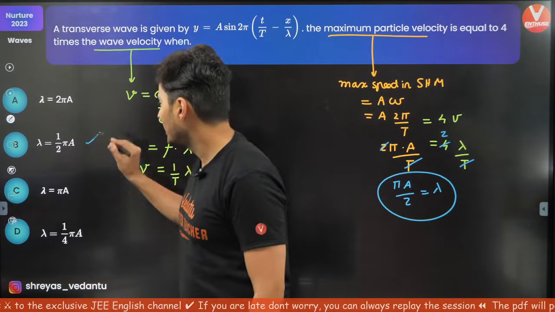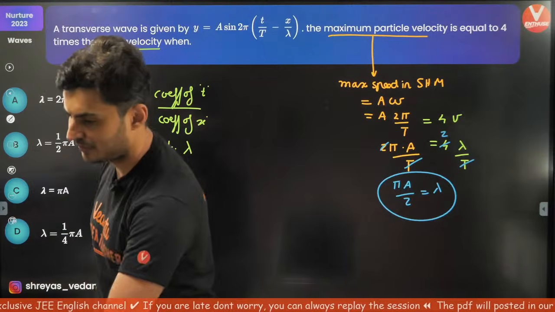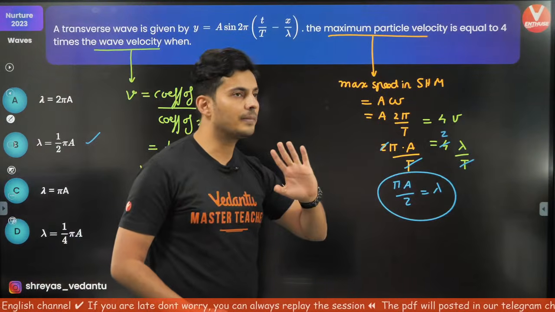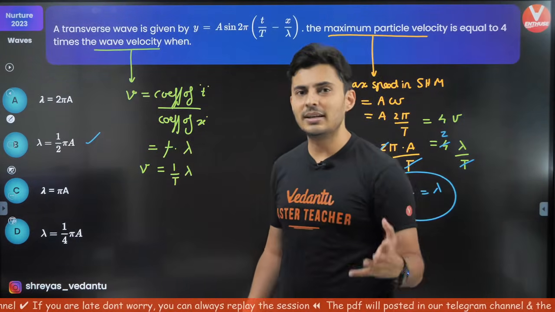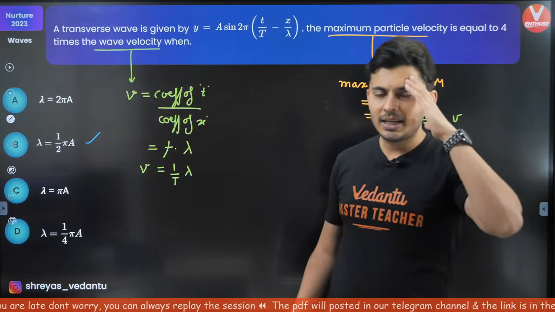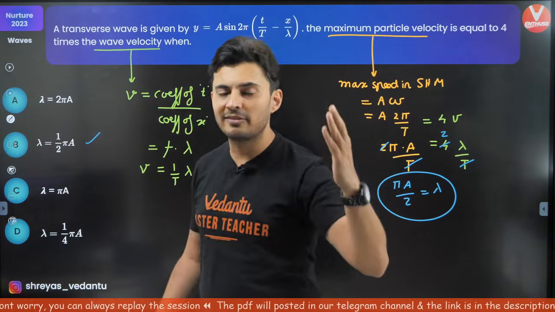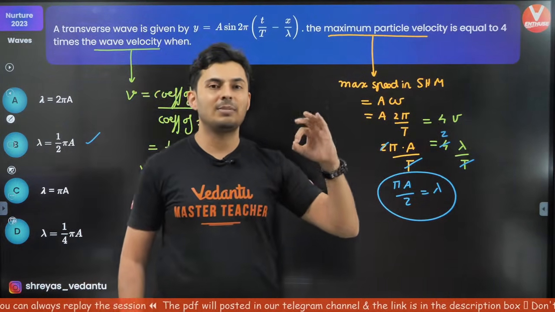Pi by 2 is lambda? Yes, I have. Option B is correct. That's it. Done, done. So that's what I'm telling you. If you relate this with simple harmonic motion and you overcome your initial fear of equations, this chapter is just